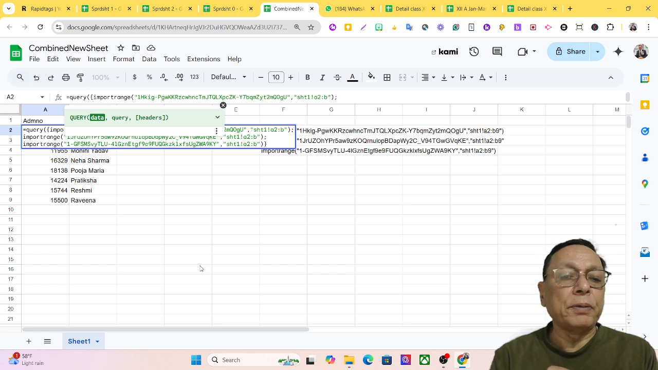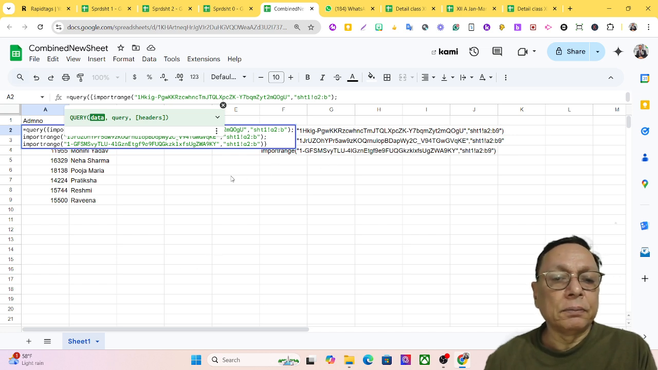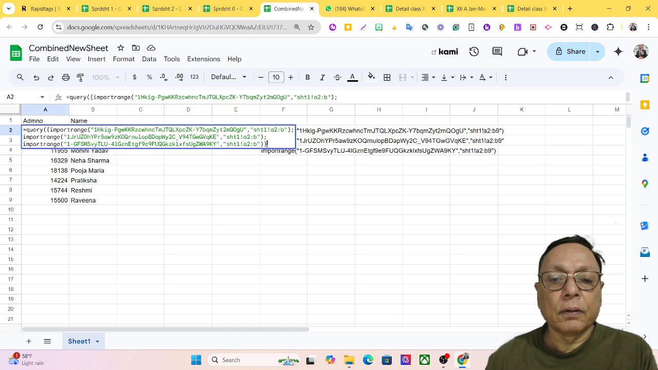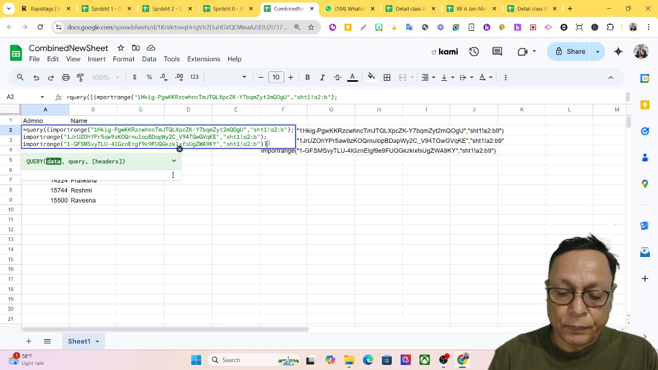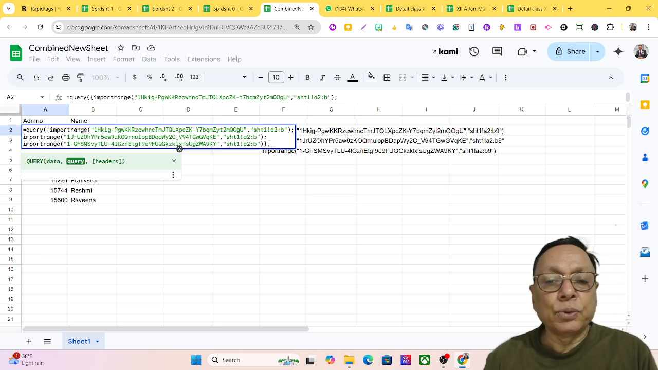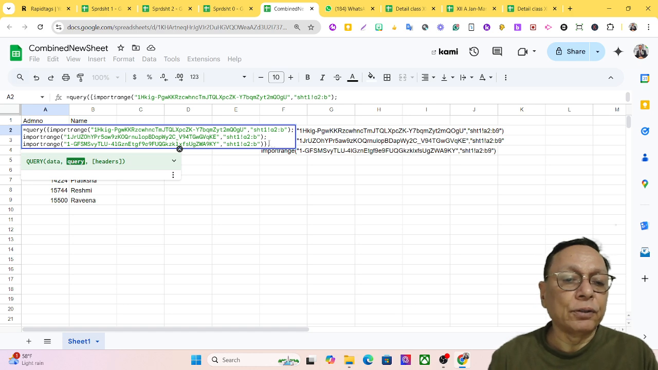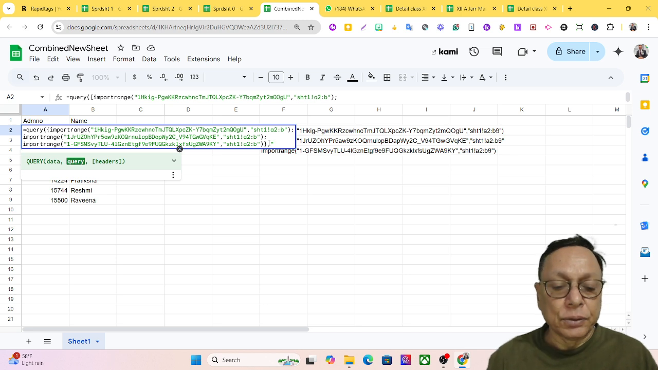The first parameter is data, meaning the data I have already fetched from different spreadsheets. So my data requirement is over here. Then I'll put the comma. As soon as I put the comma, it asks for the query. So the SQL query will be embedded within double quotes. Okay, so I am putting the double quotes here, and in double quotes, I write